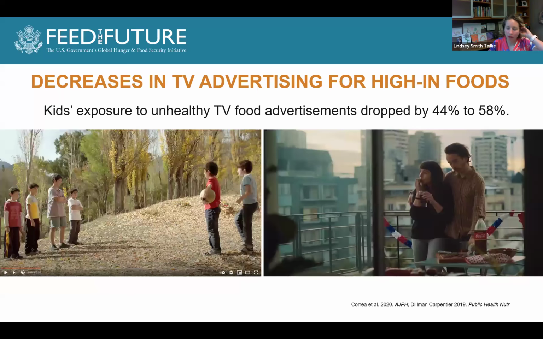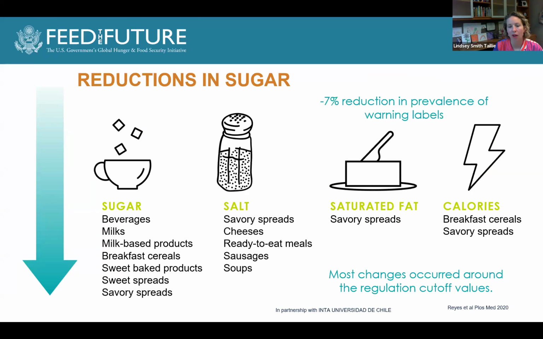Now, one of the things that we know with policies in general, labeling policies specifically, is that the immediate goal of the policy is to put on this label so that consumers will have information, right? It's this idea that consumers have the right to know what's in their food, and that information should be in a form that's very accessible to everybody.